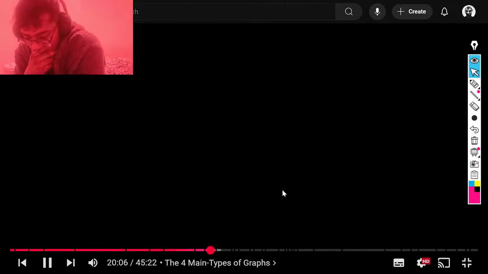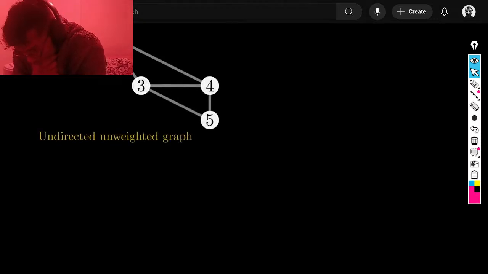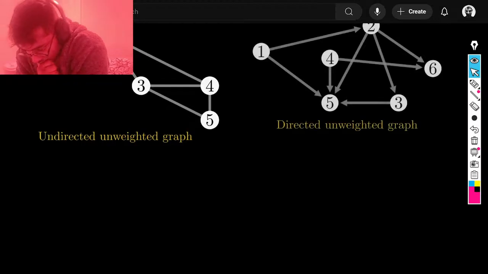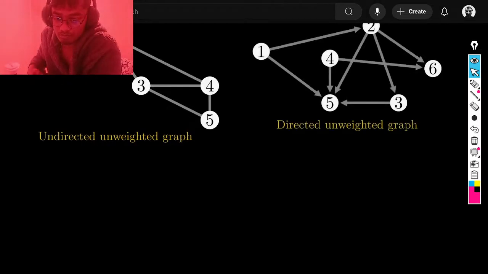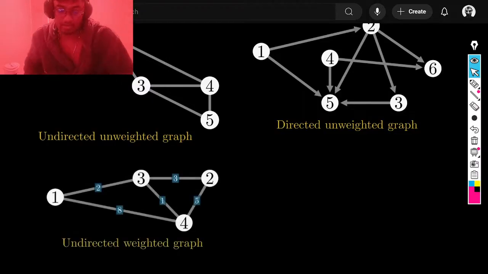Basically, graphs in graph theory can be classified into 4 classes. Undirected unweighted graphs, graphs where edges have no direction and no associated weights. Directed unweighted graphs, graphs where edges have a specific direction but still no weights. Undirected weighted graphs, graphs where